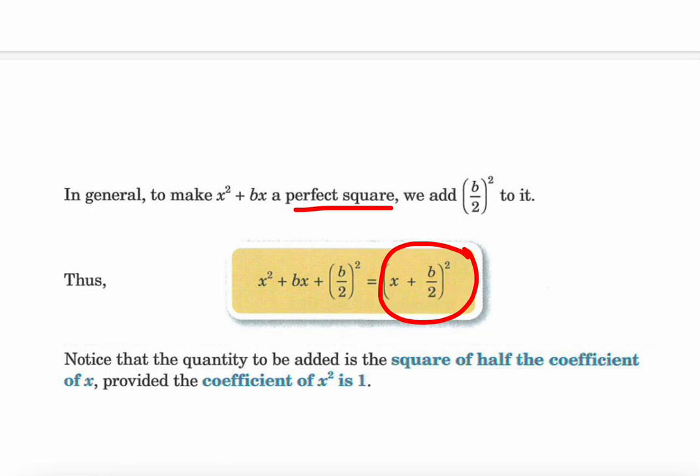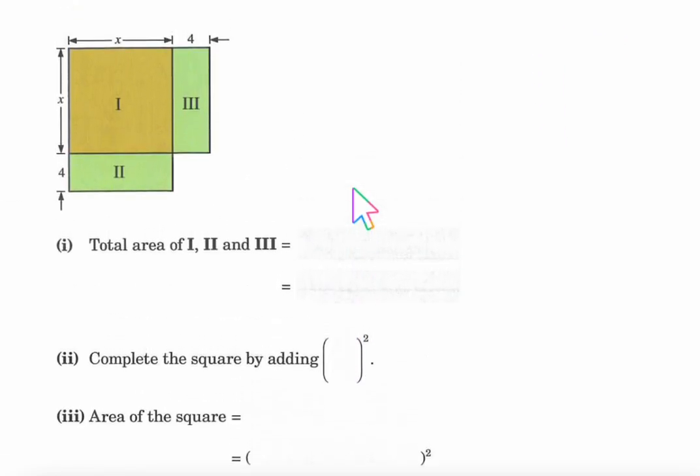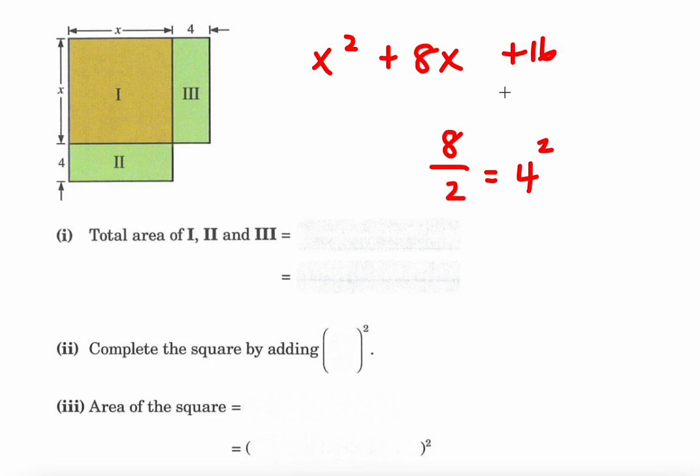Okay? So if you notice up here, that's how we got there. We took the b value, because this was originally 8x, right? We took the 8, divide by 2, which is 4, and then 4 squared is 16. So then that's how we ended up with x plus 4 squared